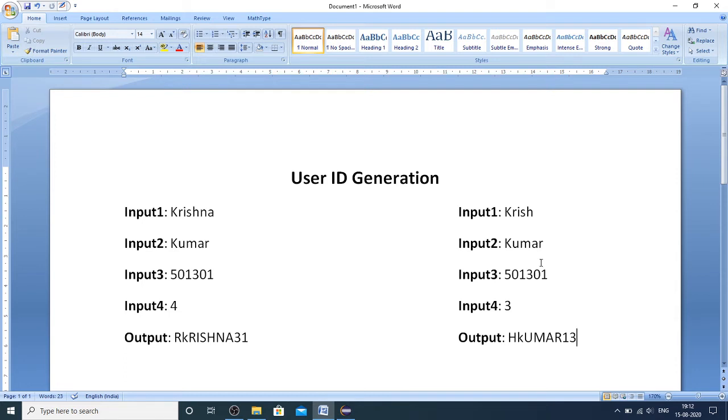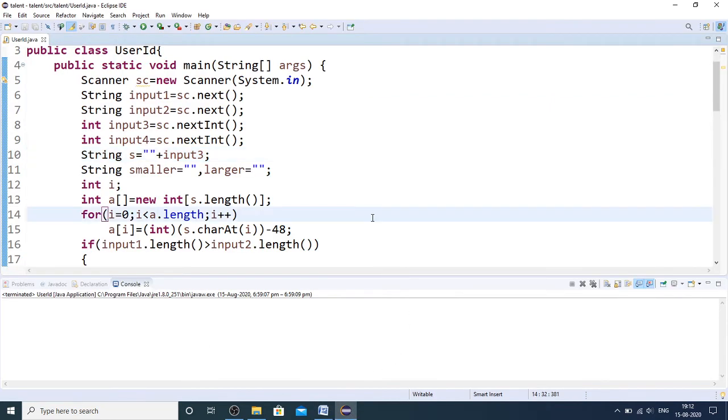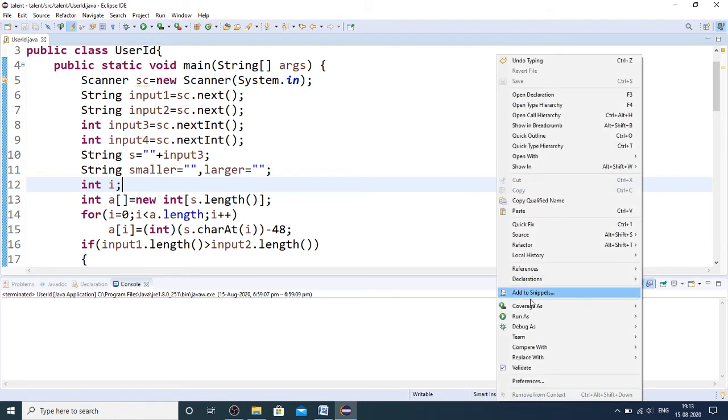Now let me show you my solution so that it can help you, and if you find that this is too lengthy and you can further optimize it, you can post the optimized solution that can help others also in the comment section. So first, before showing and explaining my code, let me run this and show that the both test cases what I have picked up here are working.